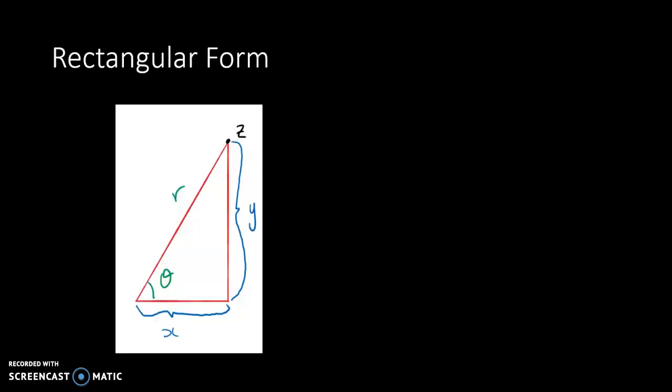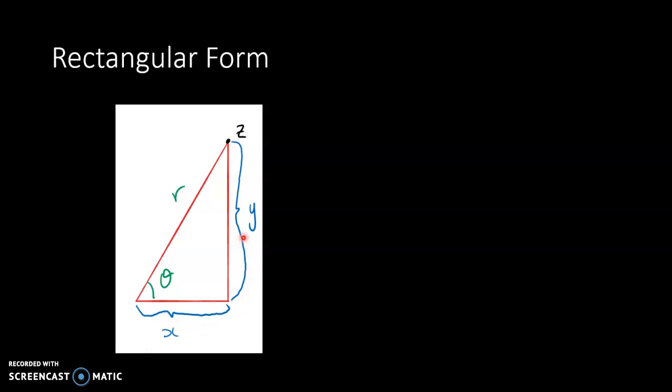To continue from where we were yesterday, we're talking about complex numbers, and this time I want to talk about how we convert from rectangular to polar and polar to rectangular. But we're going to start by understanding how we write things in polar form first. So we've got rectangular form, which is the